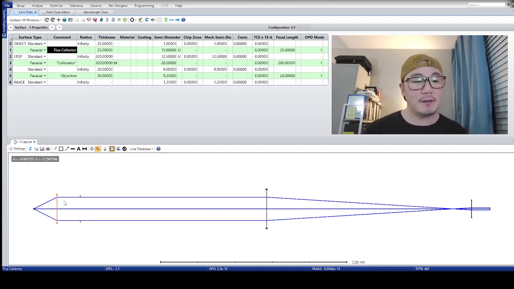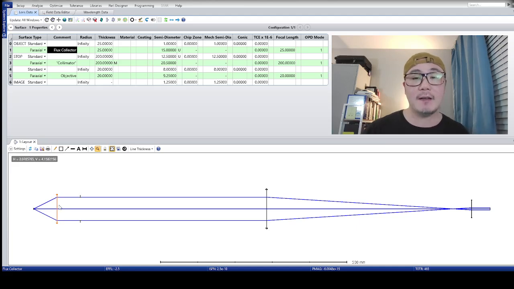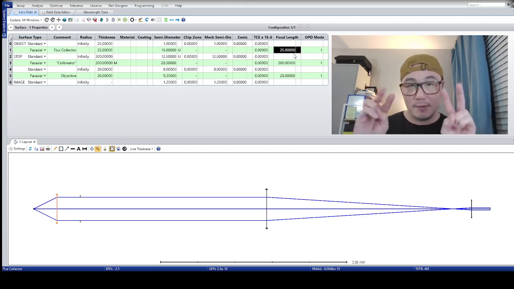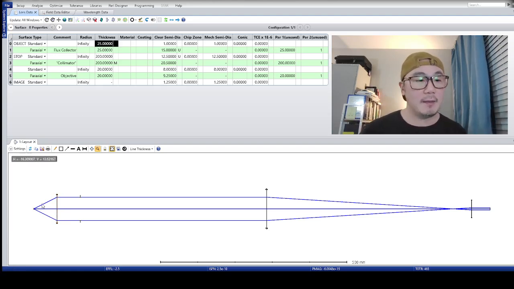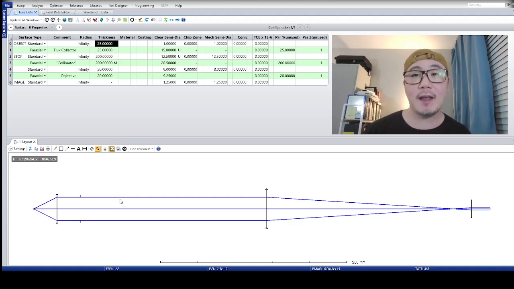So the flux collector, this lens here, has an effective focal length of 25 millimeters. When I put a point source at the back focal plane of the first lens, the flux collector, the rays come out collimated. They're parallel, right? Okay, great. But in reality, if you have an LED, for example, with a 2 millimeter diameter, then that's an